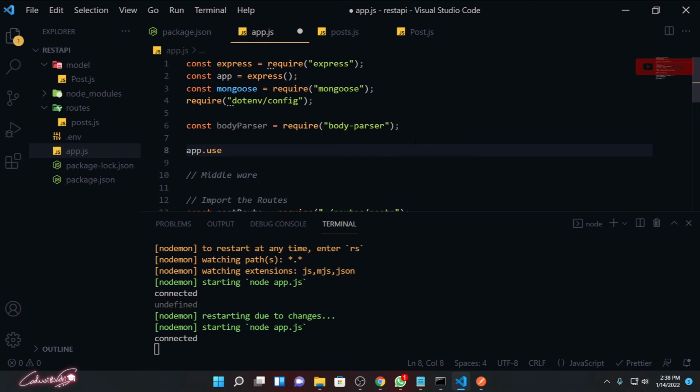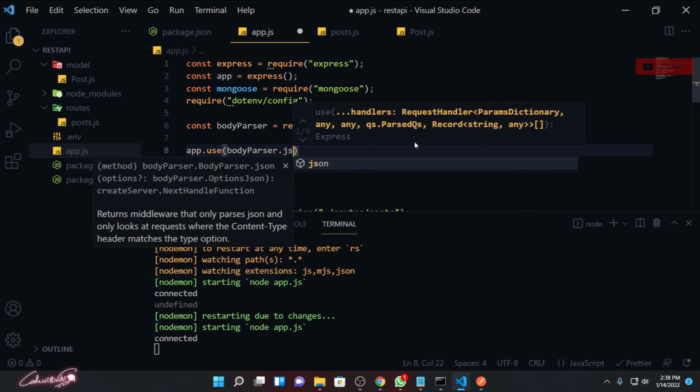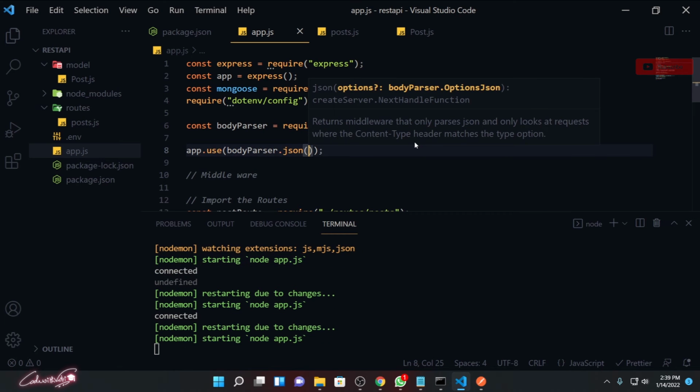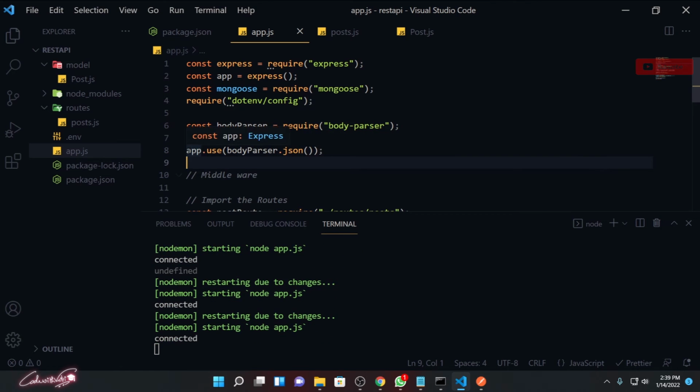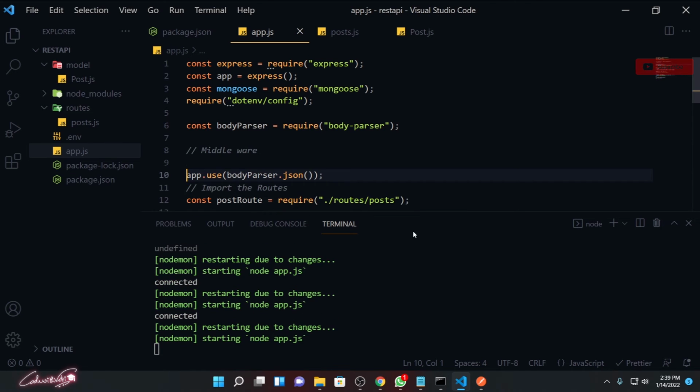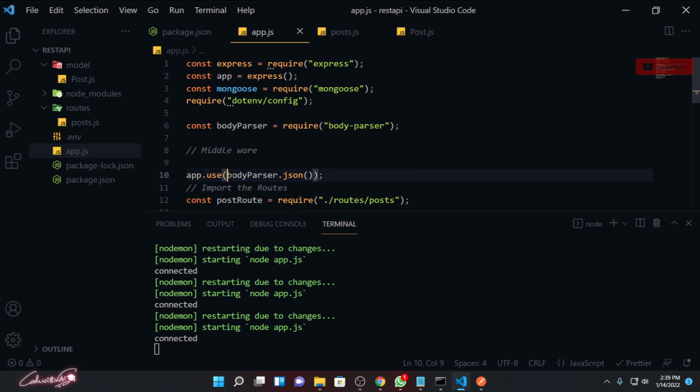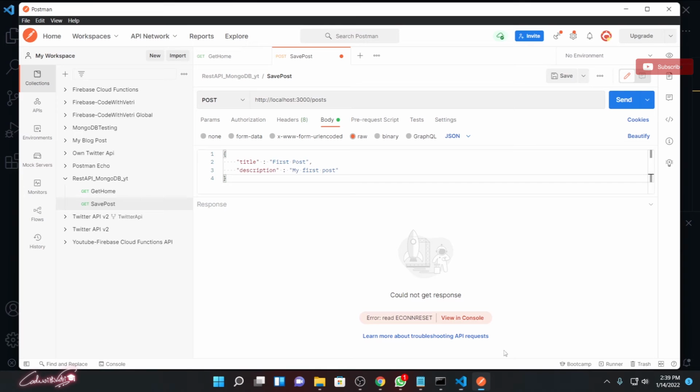So app.use, that's going to use bodyParser.json because we are sending JSON data. So for any request from any route, parse the body using JSON format. Now if I hit send,